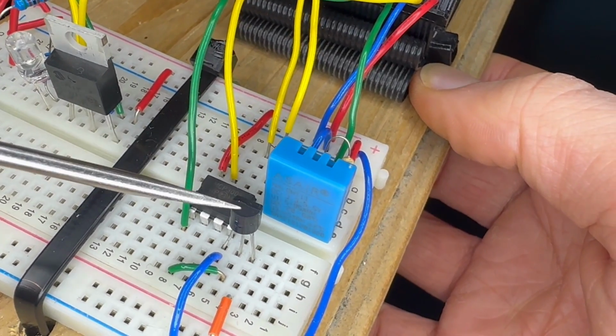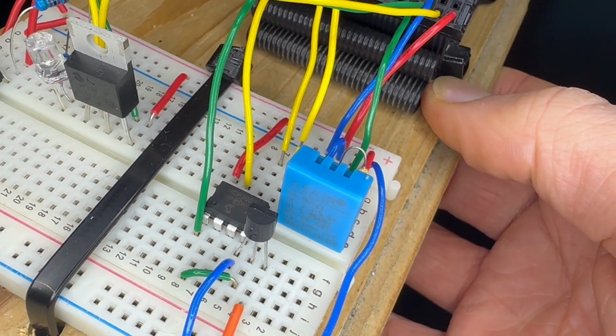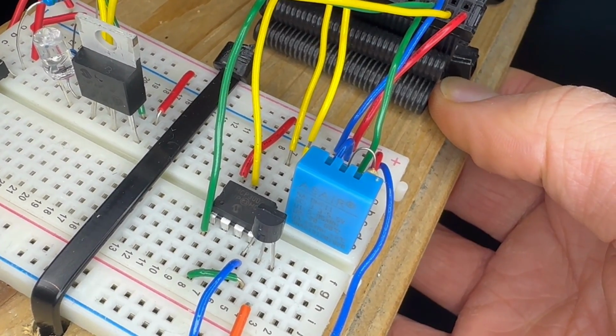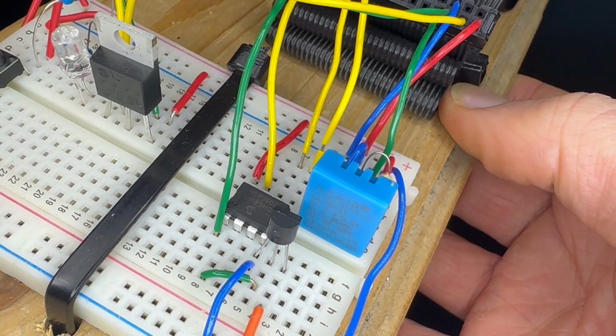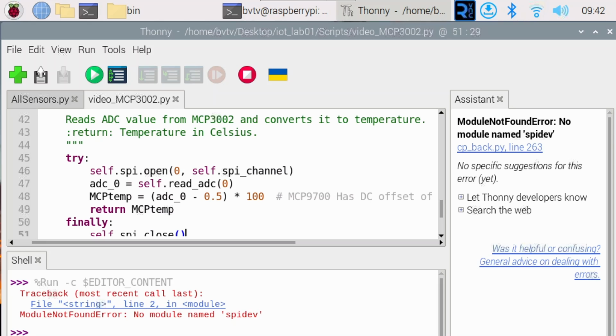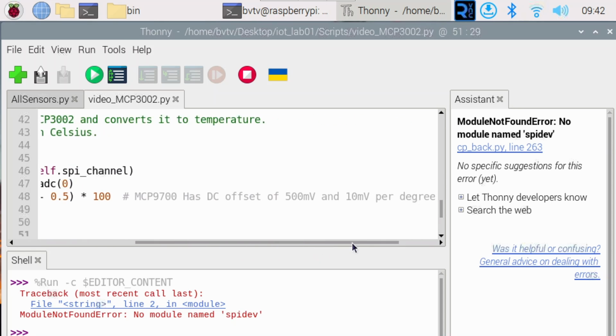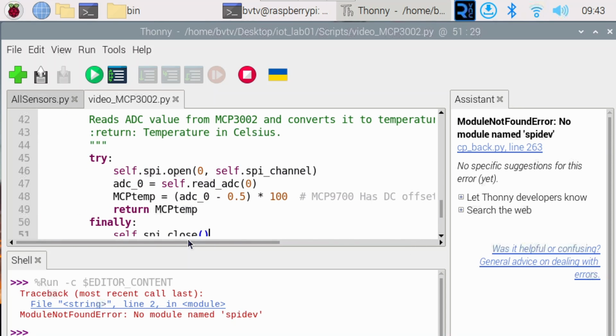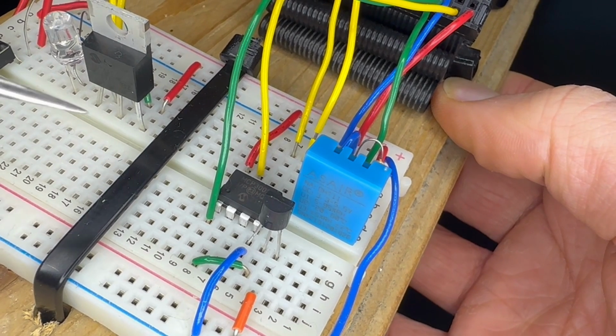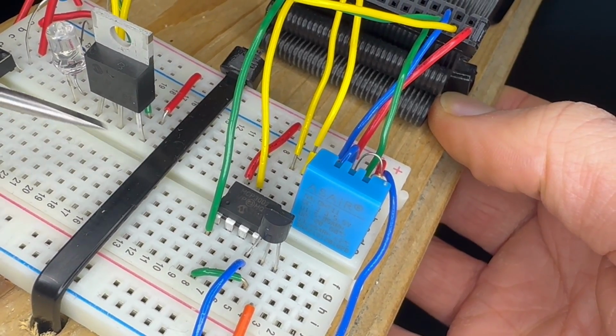The next sensor is this TMP36 temperature sensor. This is an analog sensor and it gives out 0.5 volts at 0 degrees Celsius. For each degree above that, it gives out 10 millivolts extra. And because the Raspberry Pi is not able to read an analog voltage, we need to convert the signal to a digital using an AD converter. For this, we will use the